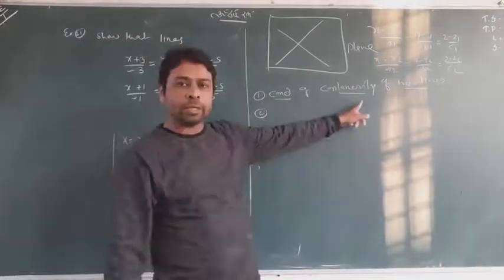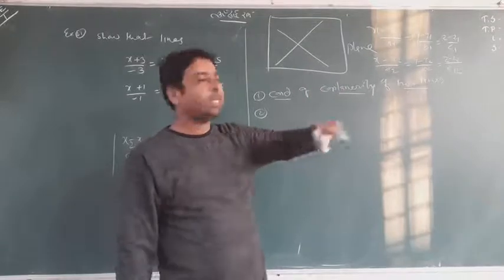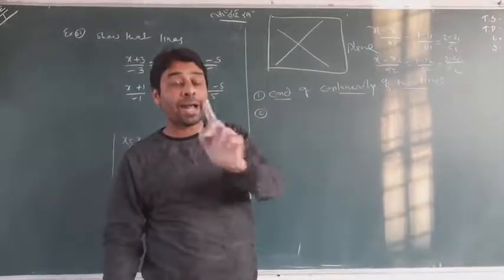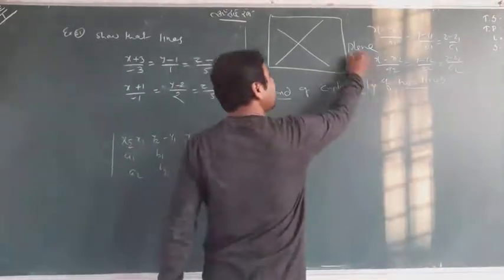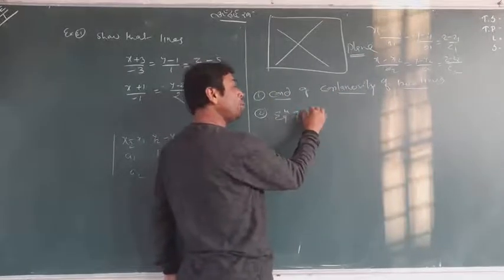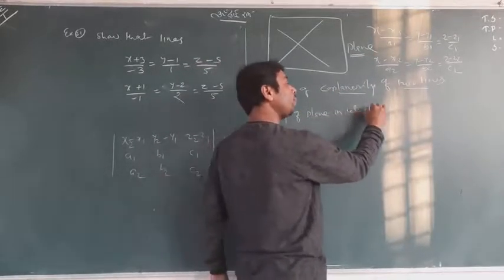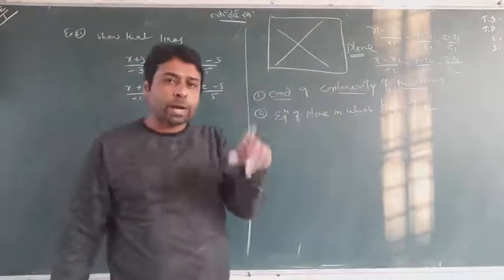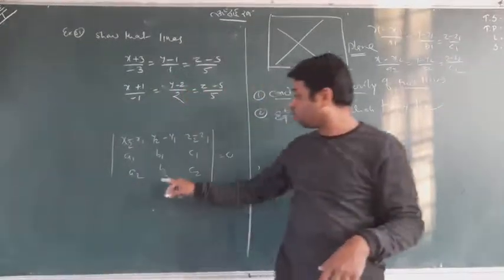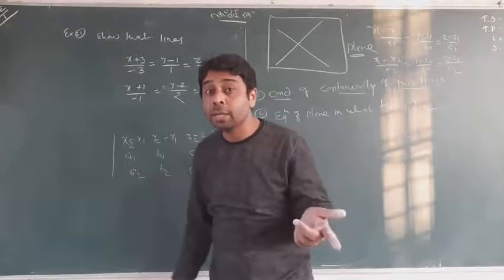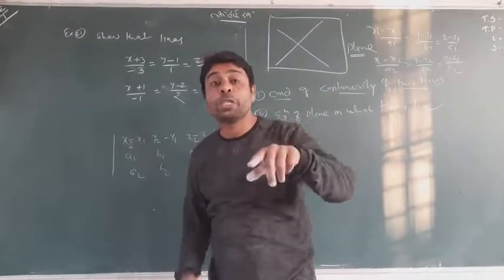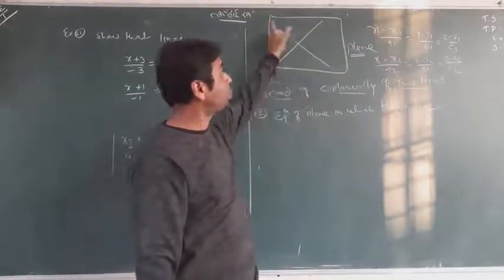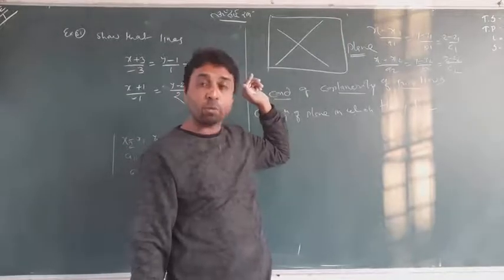Now, after showing that both lines are intersecting, meaning they are coplanar, it means that both lines are lying in one plane, and when they are lying in a plane, we can find the equation of the plane also. The equation of the plane in which they lie. Can you read the question again? First, I prove that both lines are coplanar. It is equal to 0. Second question may ask, find the equation of the plane in which both lines lie. Meaning we have to find such a plane in which both lines exist.